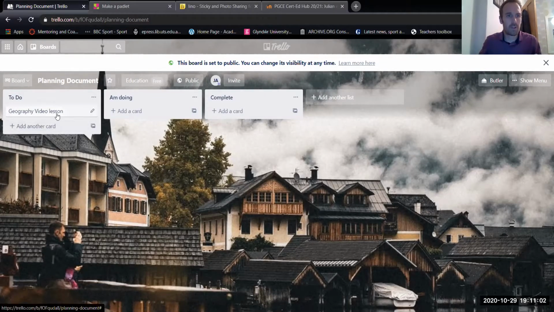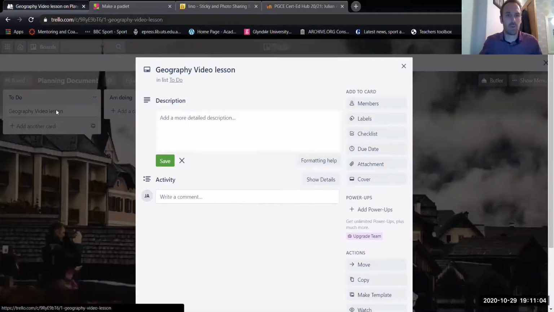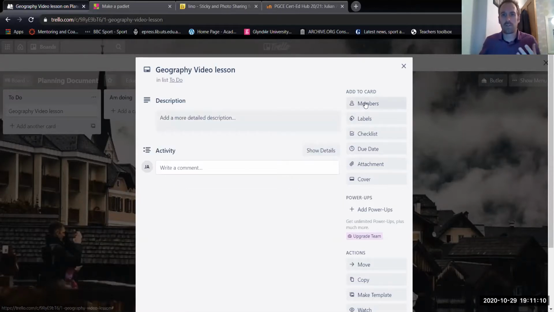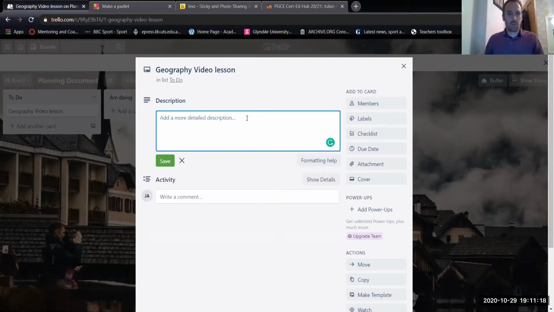Now, once I've done this one, I just click on it once, and it now will give me this new open window. And this is where I can start to really play around. And this is, I think, one of the benefits of Trello for helping us to plan. So let's add a little bit of a description. So here I can put the details for myself. So plan out a lesson on volcanoes for the Year 6 group